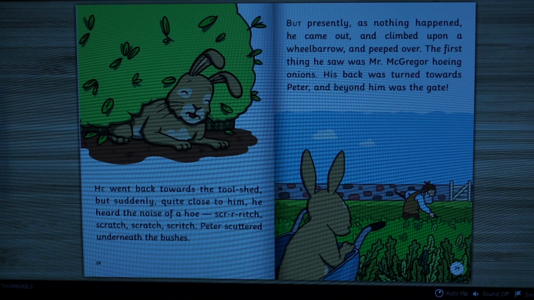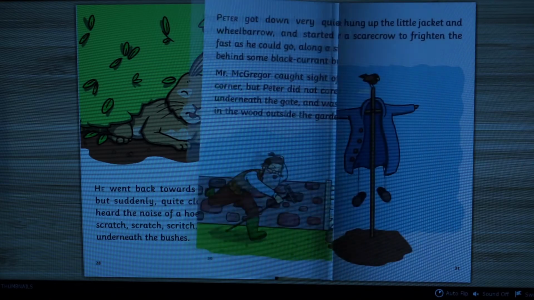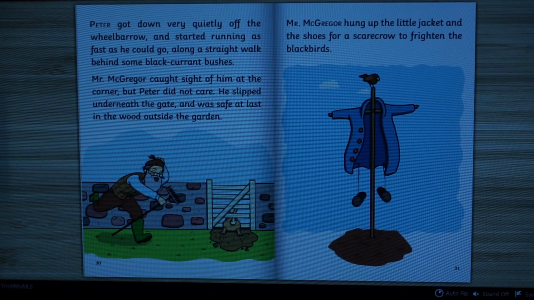And peeped over. The first thing he saw was Mr. McGregor hoeing onions. Look at Mr. McGregor. His back was turned towards Peter, and beyond him was the gate. Peter got down very quietly off the wheelbarrow and started running as fast as he could go along a straight walk